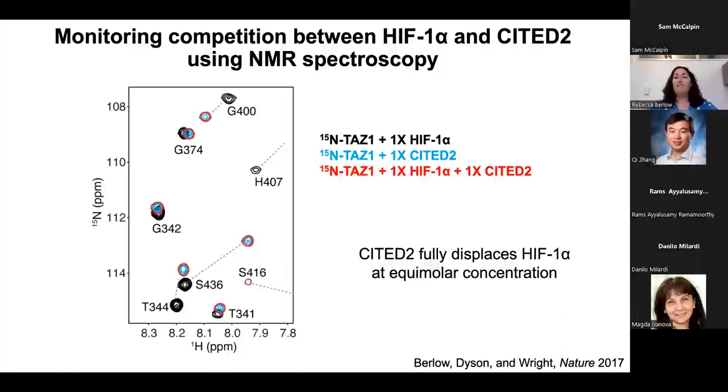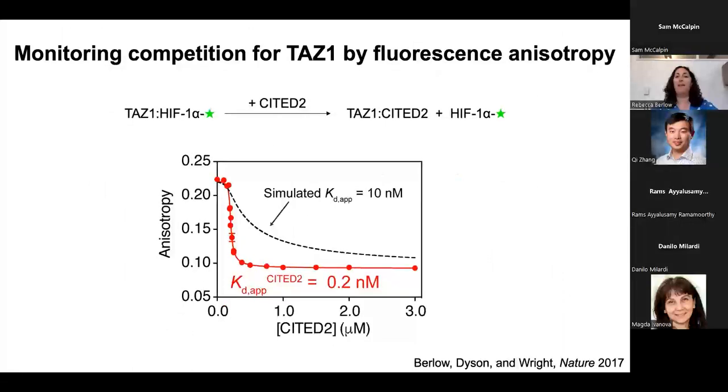Simply, one of the limitations of this experiment was that we are doing these experiments by NMR, and we require high concentrations of protein for our samples. And we really wanted to understand what would happen to this behavior if we were to vary the HIF1 alpha and CITED2 concentrations in a wide manner. But we really don't have access to a wide range of concentrations by NMR. And so we decided to develop another assay, which was to look at the competition process using another biophysical measurement, fluorescence anisotropy. And so in these experiments, we set things up in a slightly different way, just because there are some considerations for developing anisotropy or polarization measurements.